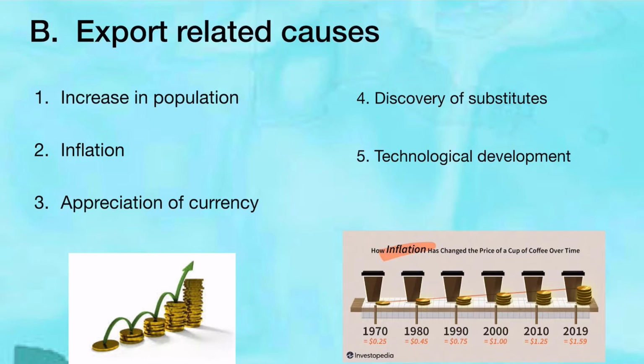Second, inflation. Now, inflation in simple meaning is the increase in prices of goods and services, right? You can see the picture over there. One cup of coffee, right? How the price of a cup of coffee has changed over the years. Now, why has it changed? Or what is the change known as? It is known as inflation, right? Where more money is chasing a lesser amount of goods and services.